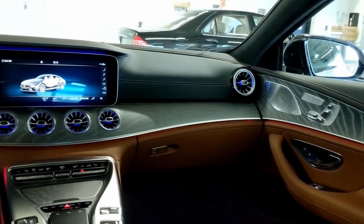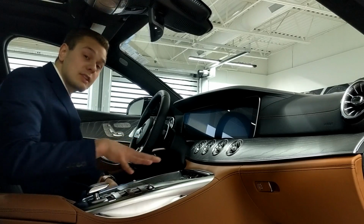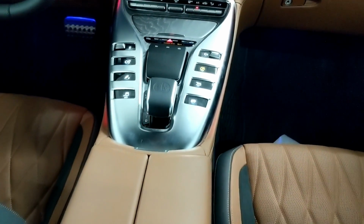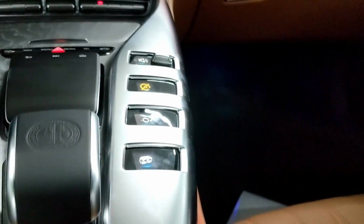Now, moving on to the interior, we are met with a very familiar design. However, there are some keen differences that you will pick up on. The center stack here is designed to emulate the shape of a V8 as you would find under the hood. Under the hood you have 4 banks of cylinders, here you have 4 banks of switches. And these switches will control things like your drive mode, your gearbox settings, your suspension settings, your exhaust, and things